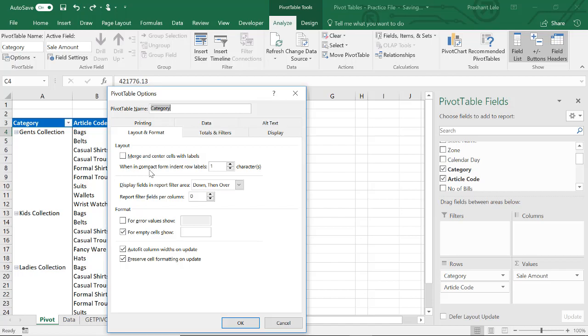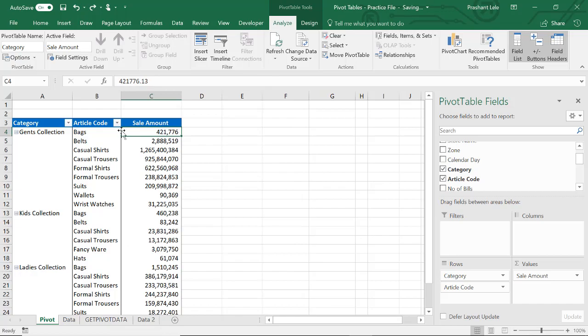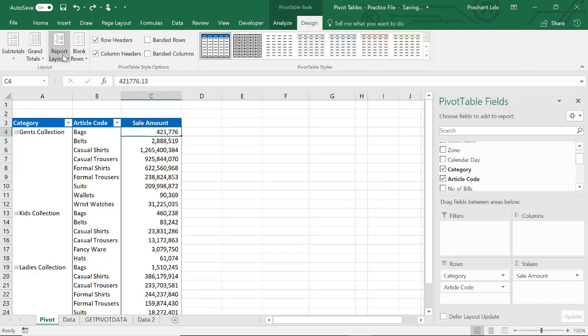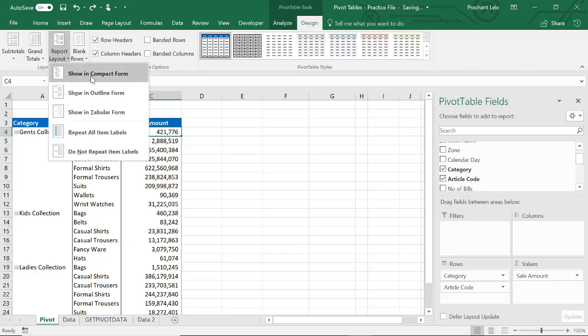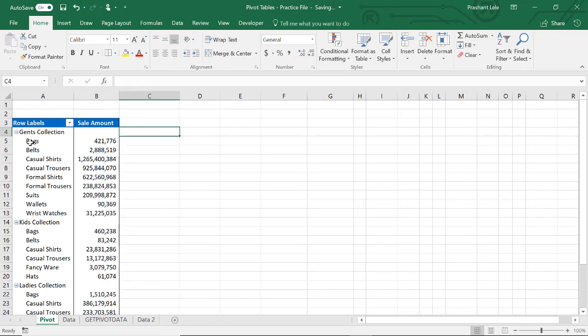Again, when your pivot table is in compact form, you can change the indenting, or by how many characters your indenting will happen. I will just show you an example. If this is in compact form, there is indenting, meaning the next label is a little bit indented to separate it from the earlier one.